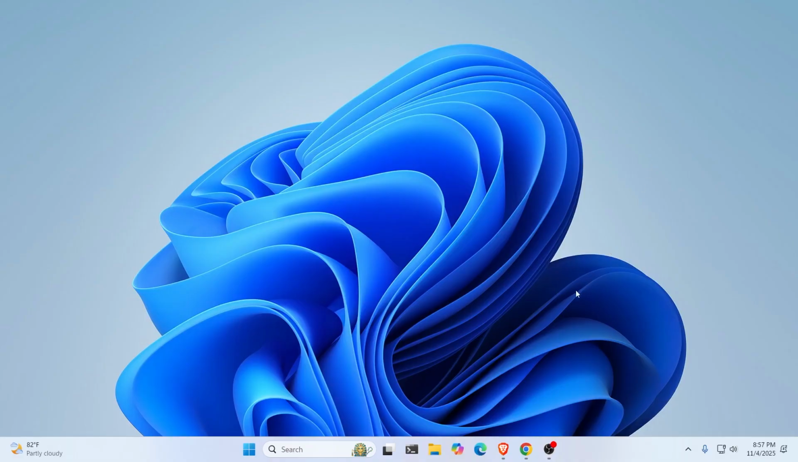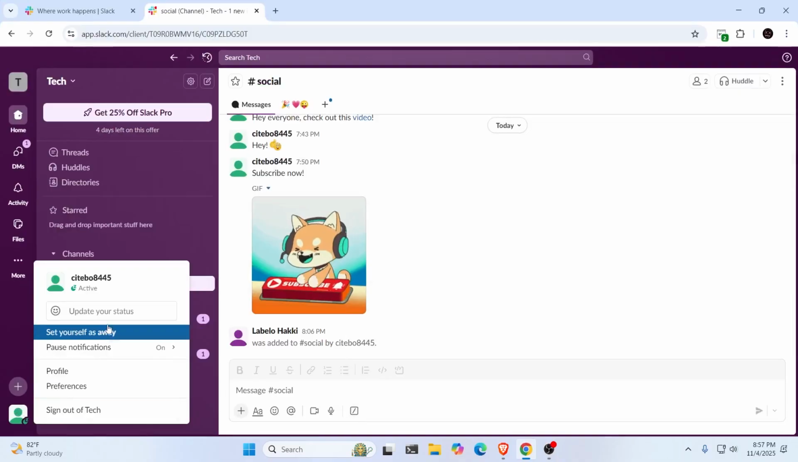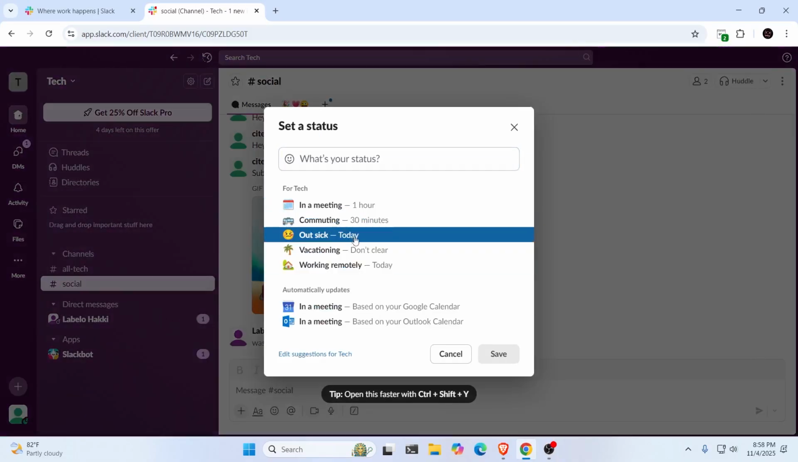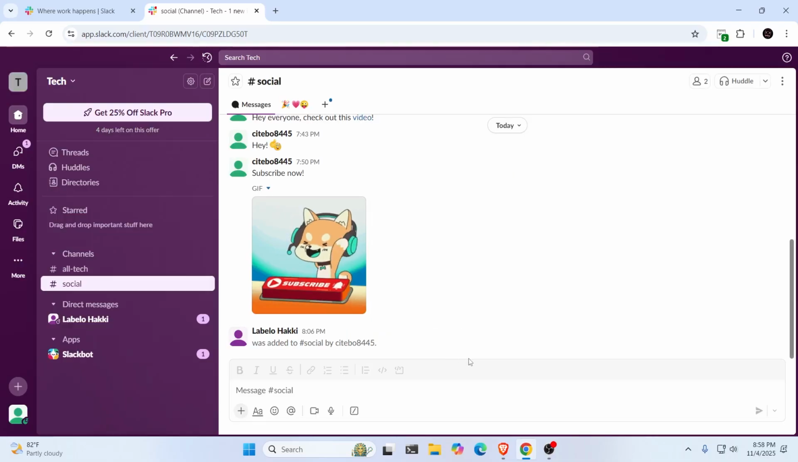Now, at first, just go to Slack, either application or in your browser. I'm gonna use the browser version. Now, if you click on your profile, you can see update status. You can update your status from here. But if you want to automatically update it using your Google Calendar, what you have to do is, at first,